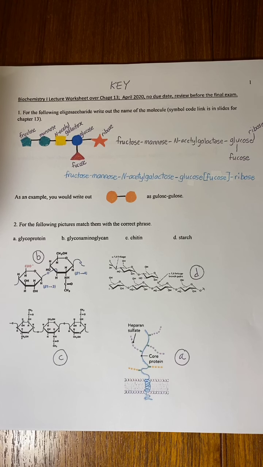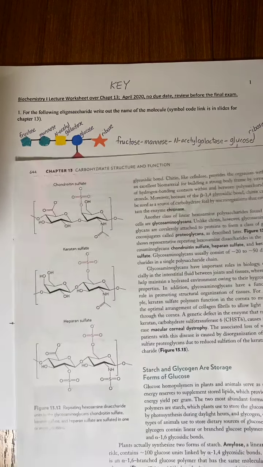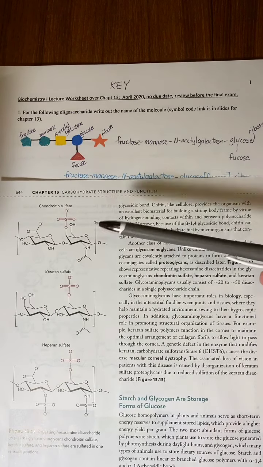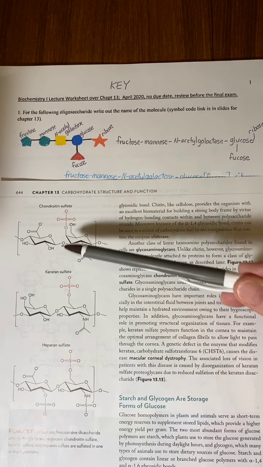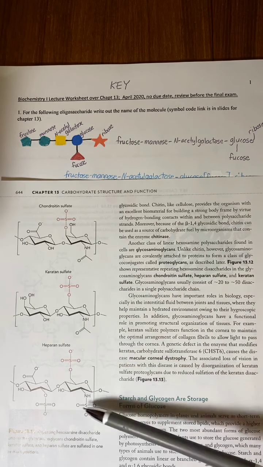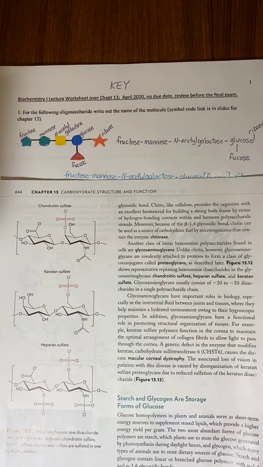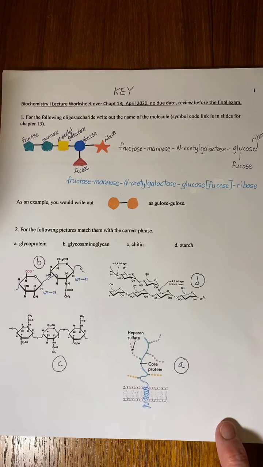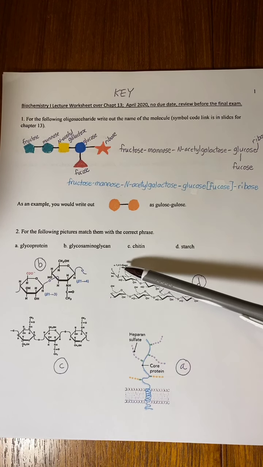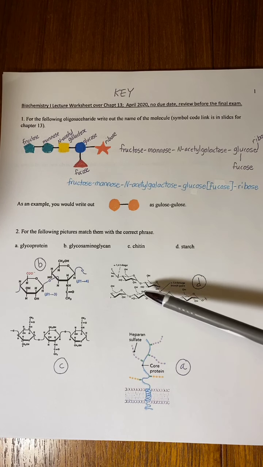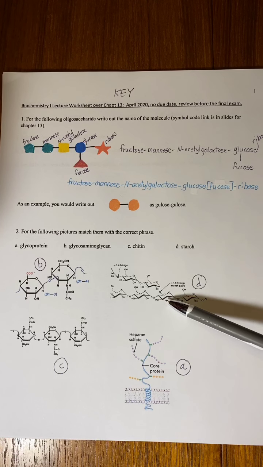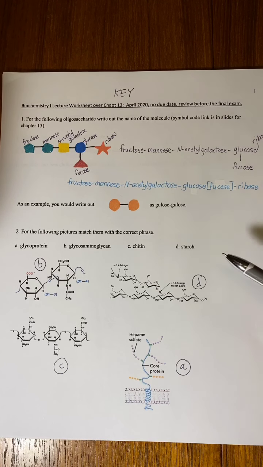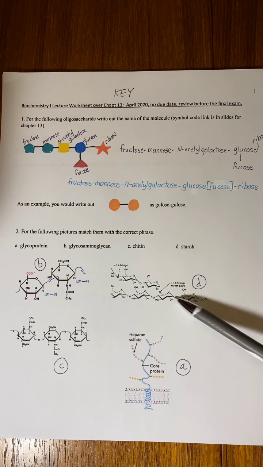And then the other ones we have that are common are shown here, and they have sulfate groups in addition to carboxyl sometimes. So again, sulfate's negatively charged, a carboxyl very negatively charged, and then this one has 3 sulfates and a carboxyl. So a lot of negative charge is a glycosaminoglycan. The second structure here has alpha 1,4 linkages, alpha 1,6 linkages. It's all glucose rings that have no substitutions. So that structure represents starch or glycogen. Glycogen is not a choice, so the answer is starch. No substitutions, just straight